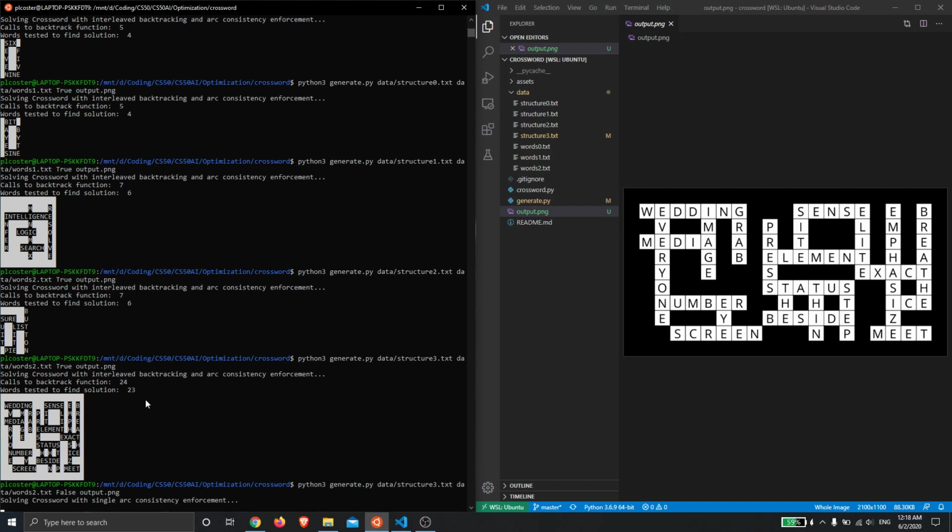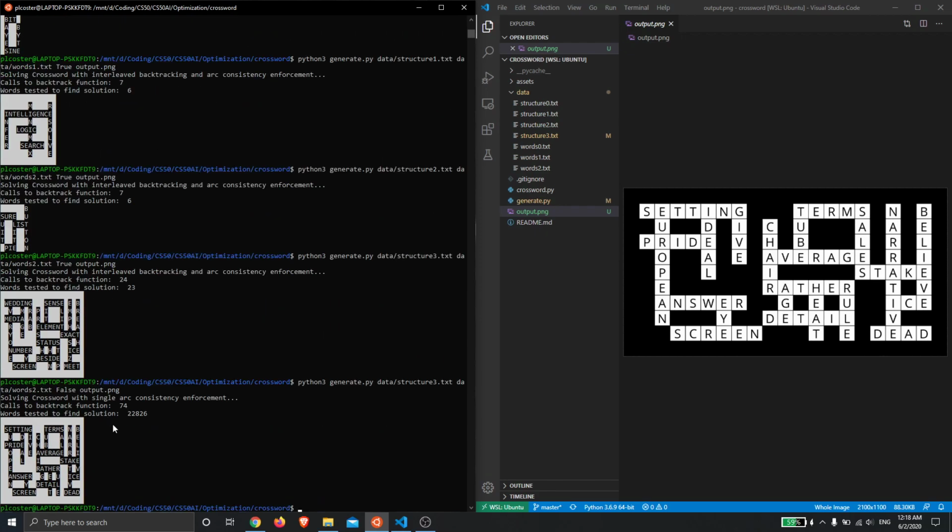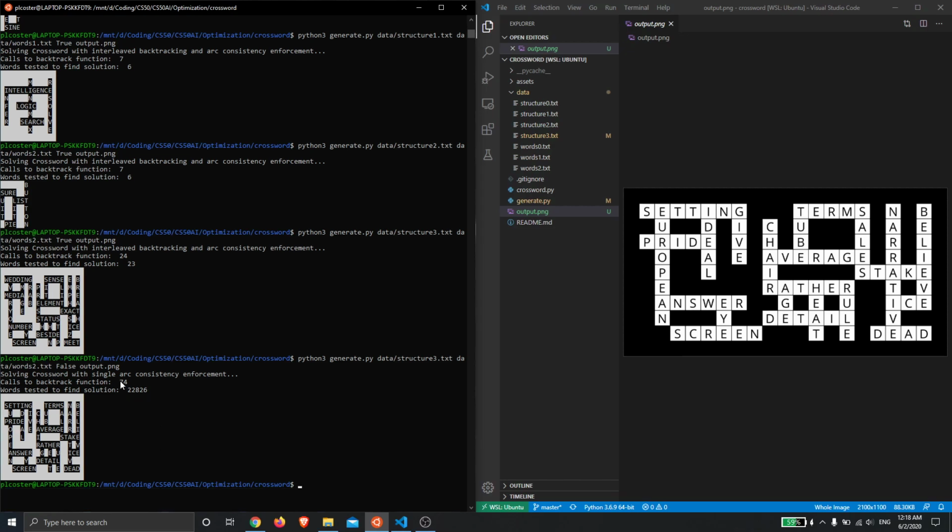to the backtracking function, and only 23 words actually required to be assigned, because as we're assigning each word, when we enforce the arc consistency, we're removing words from other domains that would not be consistent with the assigned word, and so it quite quickly limits the available domains of each variable and helps us to not make an incorrect assignment. Now, when we don't use this interleaved algorithm, the domains stay quite large after the initial round of node consistency and arc consistency enforcement, and so it quite often will give you a wrong assignment, causing multiple calls to the backtrack function and many more words that require to be